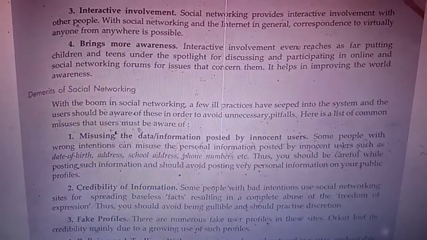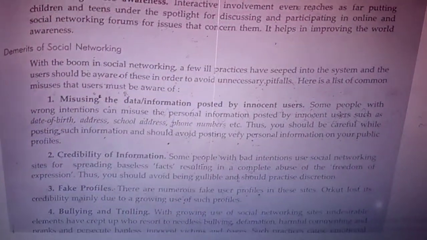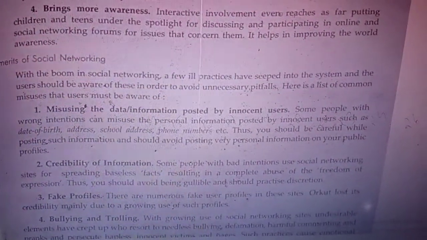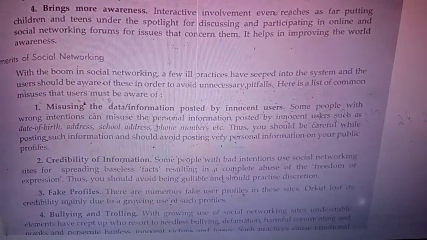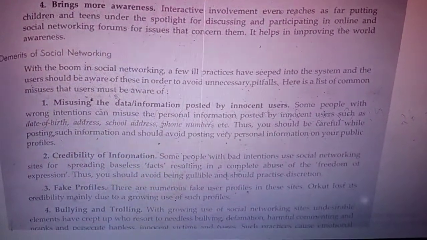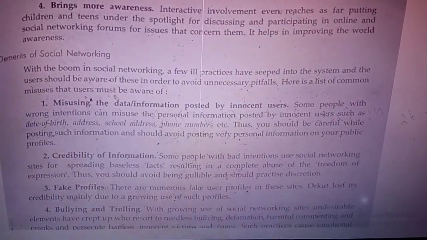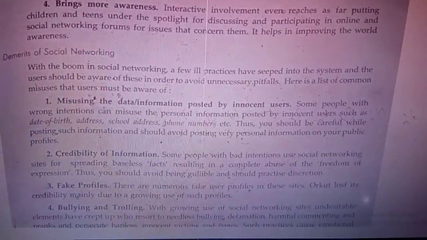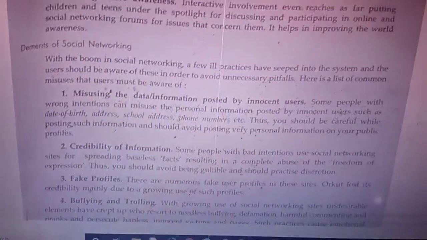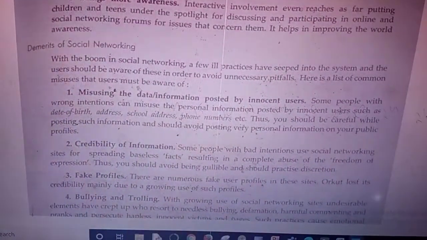Then what are the demerits of social networking? Misusing the data and information posted by innocent users. This is the main problem. Some people with wrong intentions misuse personal information. What does that point mean? If you are posting anything,